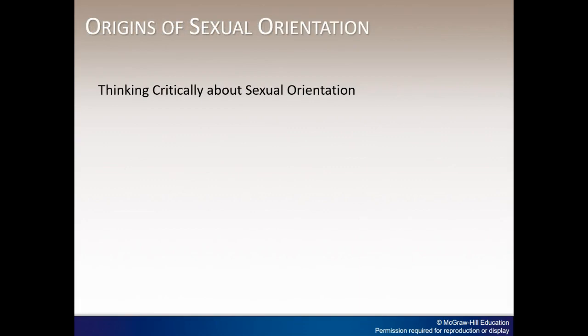Things to think about in terms of sexual orientation. It is important to think about the unlikelihood of a single cause, that there are many factors that work together to foster sexual orientation. There's also within group variation. This variation exists within any group, making it difficult to generalize across groups. Research